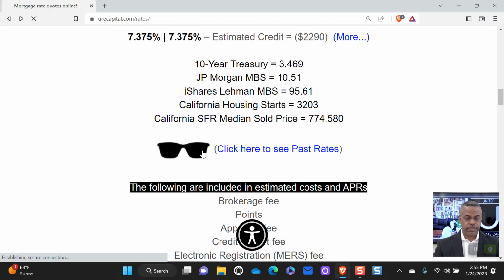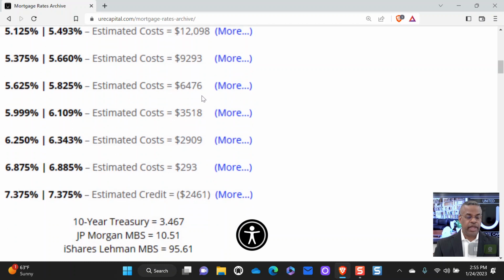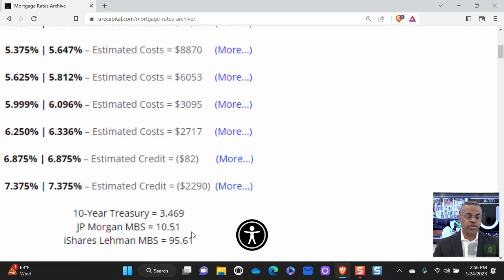All right. So these are the rates from this morning at 10:50 a.m. Pacific Standard Time. And if you'll notice, let's start off with the 7.375 rate and we'll work our way down to a few of them here. The 7.375 rate had an APR of 7.375, which indicates there are no points or lender's fees associated with that rate here. If you look over here, you'll see there was no cost and a credit going to the consumer of $2,461. Well, that actually went down. So it went down from this morning, the credit of 2,461, to an estimated credit of